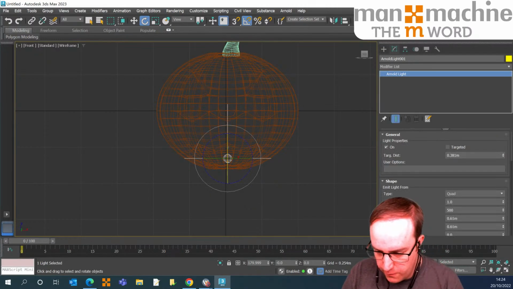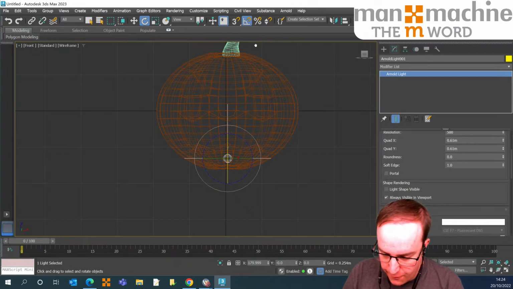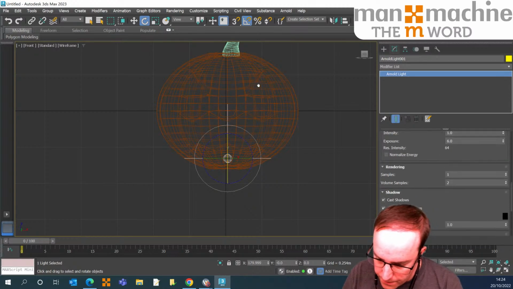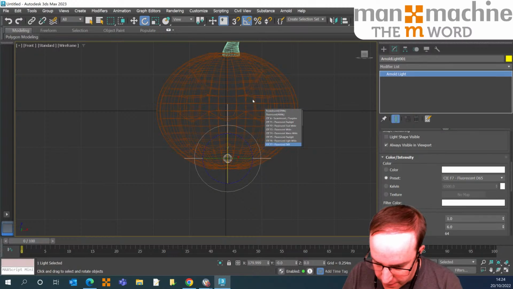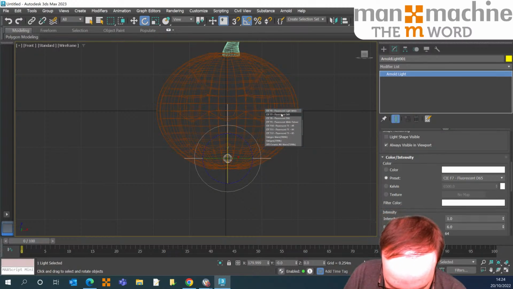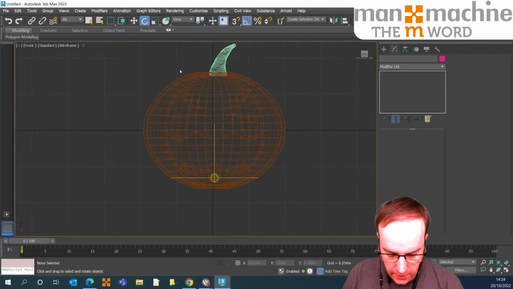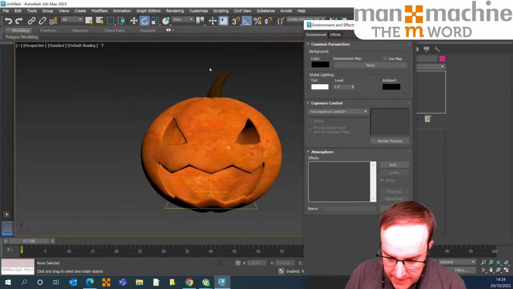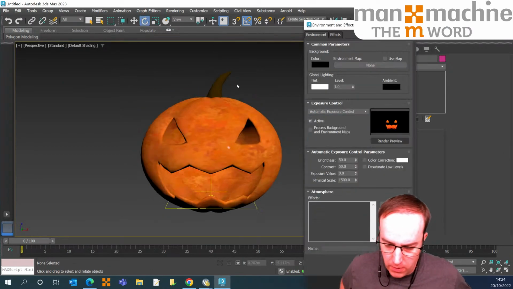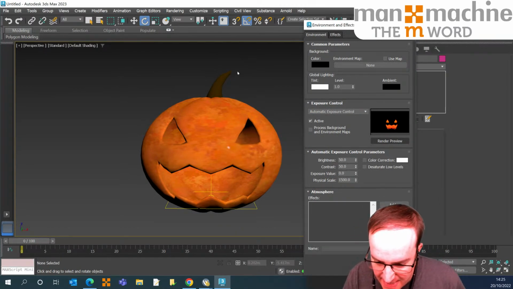And then in the modifier, we've got some options that we can turn on and off. So I'm going to just say, have we got a template in here? I'm pretty sure we've got some presets. Let's go with something warm. Let's put a halogen light in there. Why the devil not? So in order to go into our environment and effects, let's choose automatic exposure control and render a preview. Looking pretty good, but the actual outside is a little bit